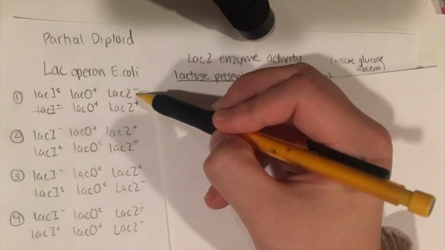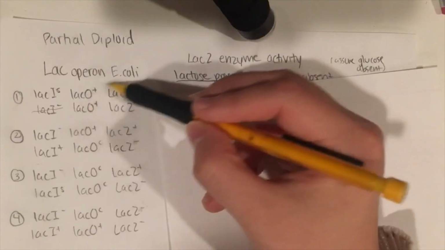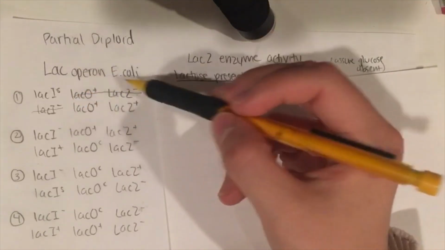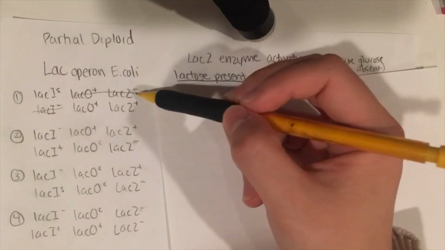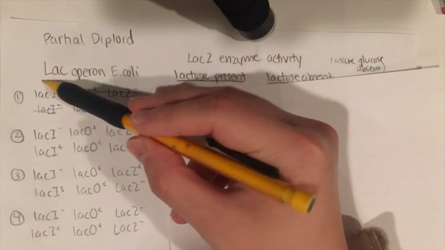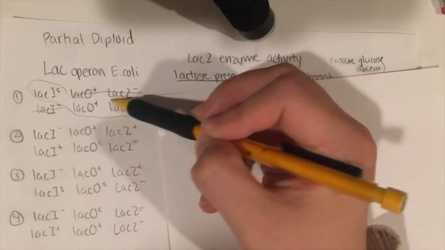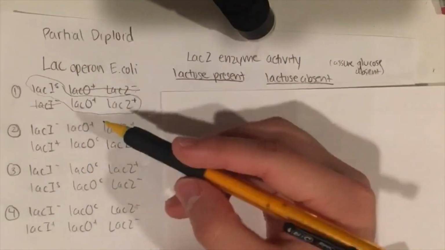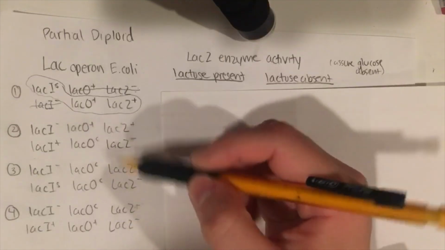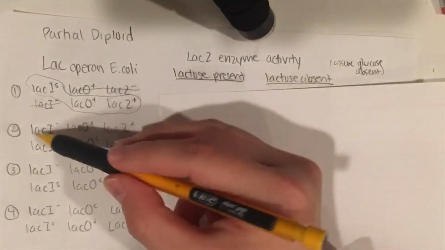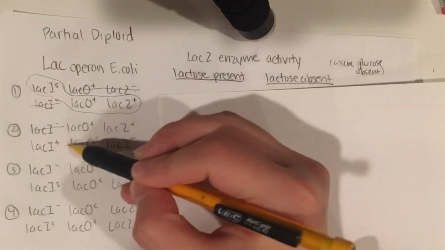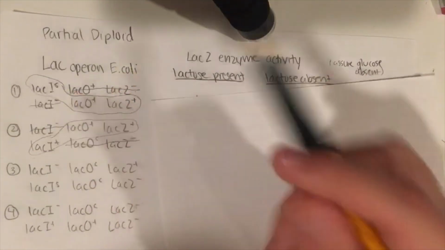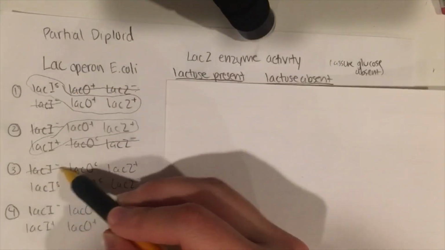And since LAC-Z works in cis to O, I would cross out both of these genes altogether, and because I works in trans to Z, I can just focus on this set for my genes in order to solve the problems. So I will do this for the remaining sets of problems. So the I doesn't work, this gets crossed out together. I'd be focusing on this, and then number 3,